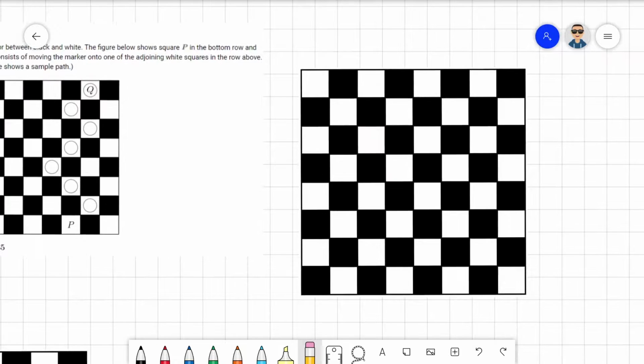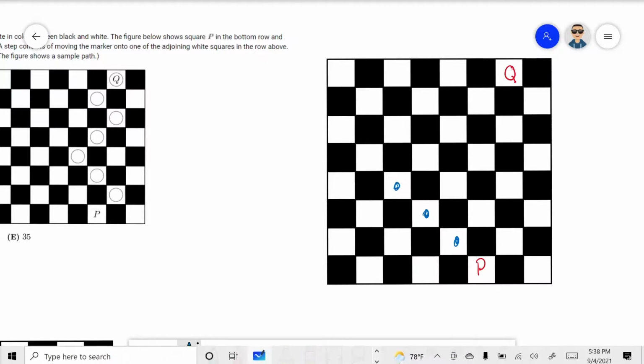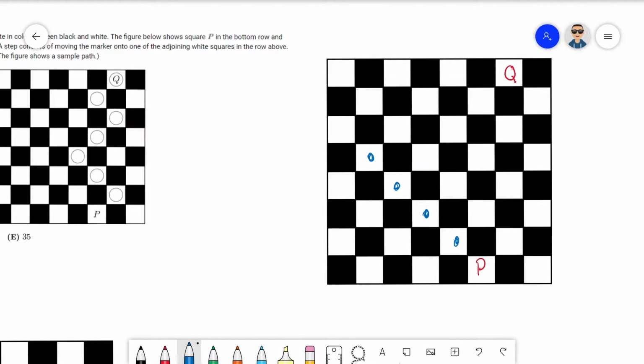So here I have a checkerboard, and this is P, and this is Q. So now let's say we start from P and go left and up and go to this point. Then we take another left and up and go to this point, and this point, then this point, and then